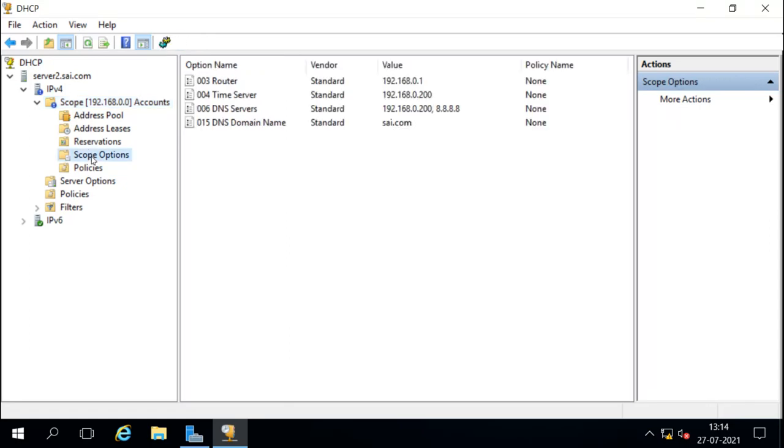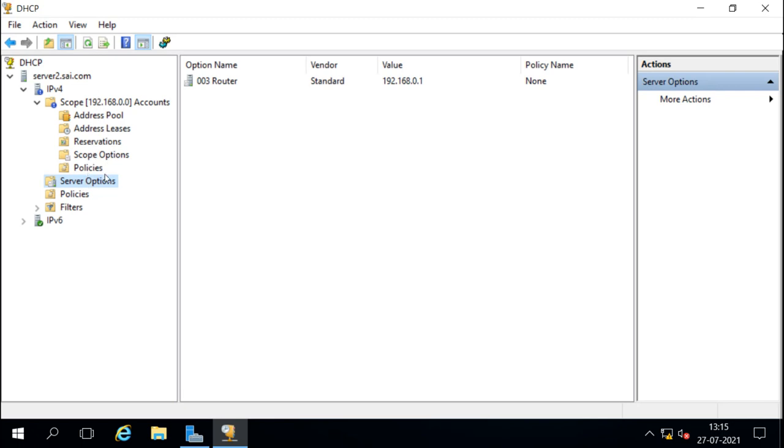It can have a different router, a different time server, DNS and domain name. So that will be the scope option for that particular scope. Now this server option is actually the server options. That means here we will add the common options which are common for all the scopes.